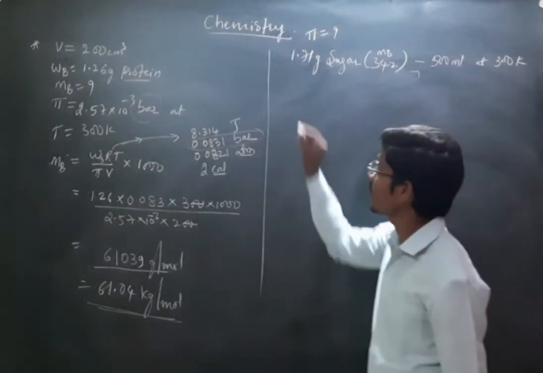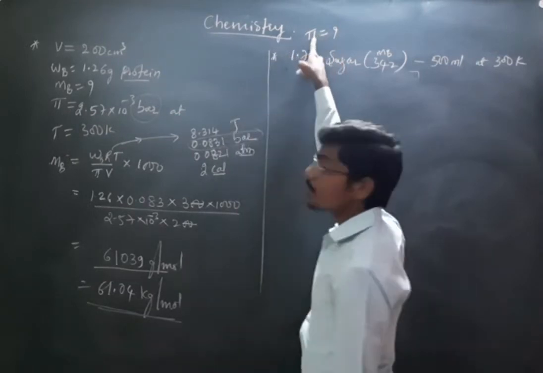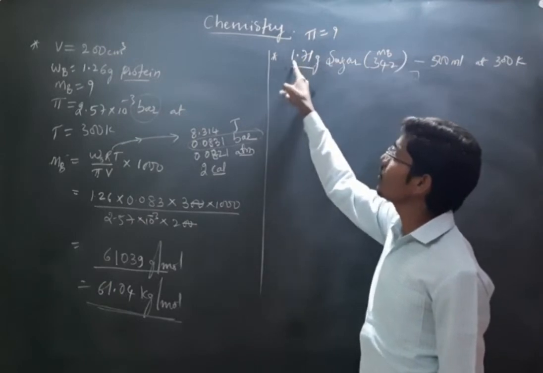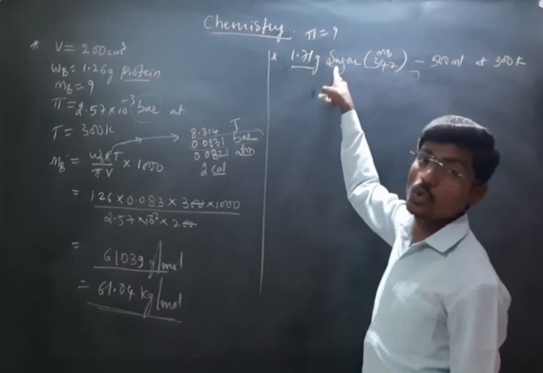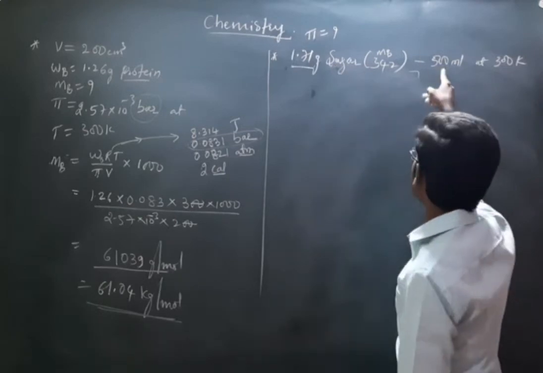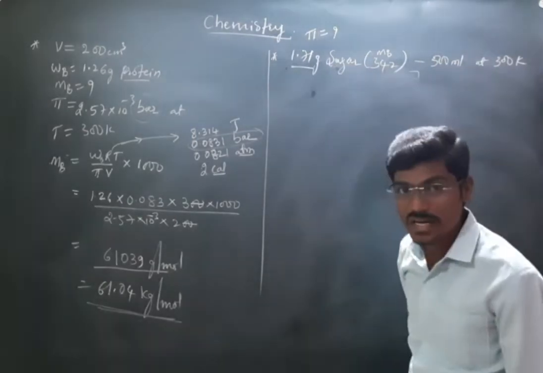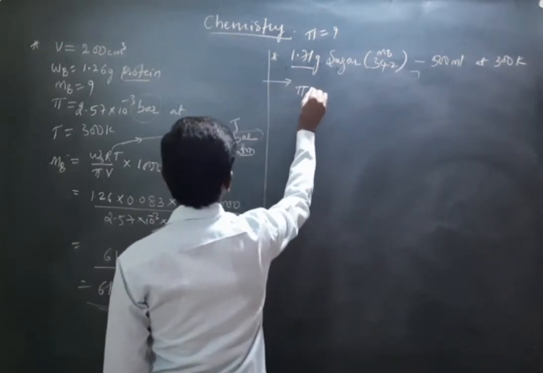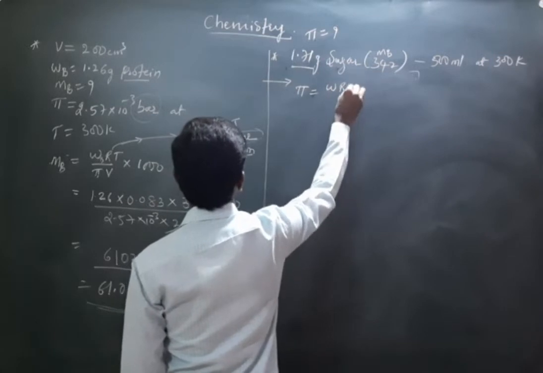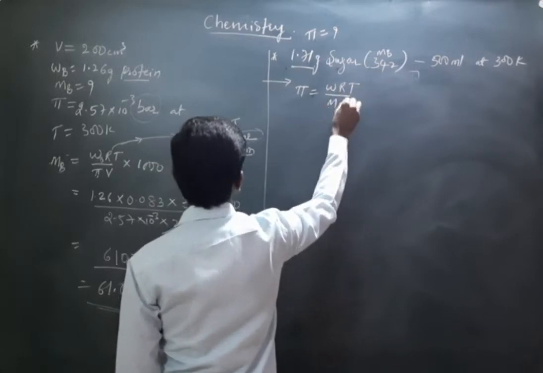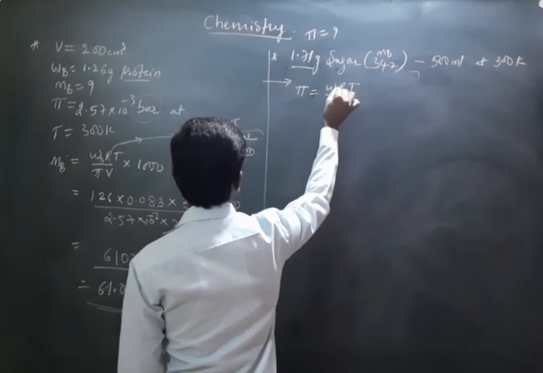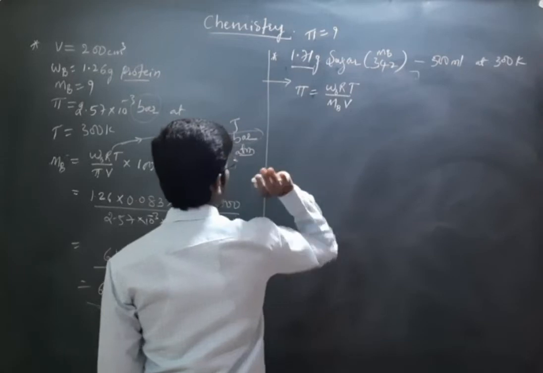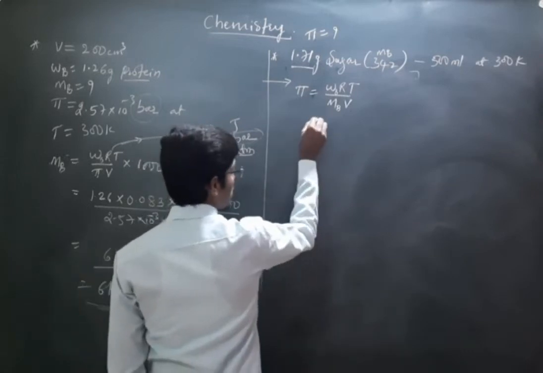The question is, calculate the osmotic pressure of a solution prepared by dissolving 1.71 gram of sucrose or sugar in 500 ml of solution at 300 Kelvin. So this is the question. I want to calculate pi. So the formula is pi equals WRT by M into V. So given mass, molar mass, volume, temperature, R. Now pi is equal to, substitute and simplify,